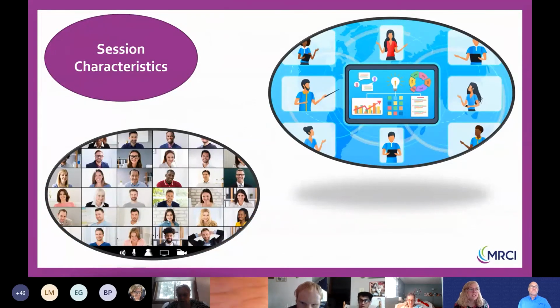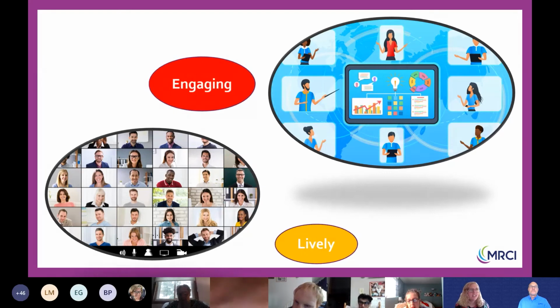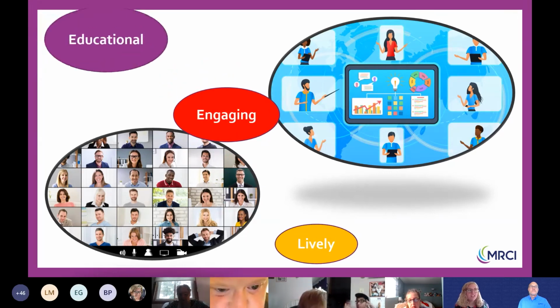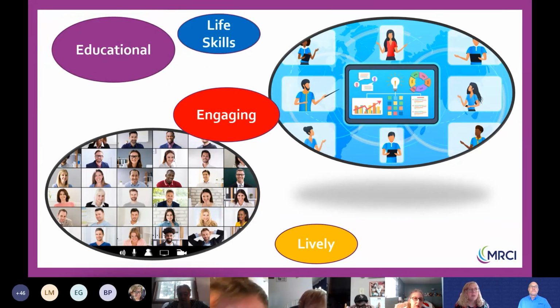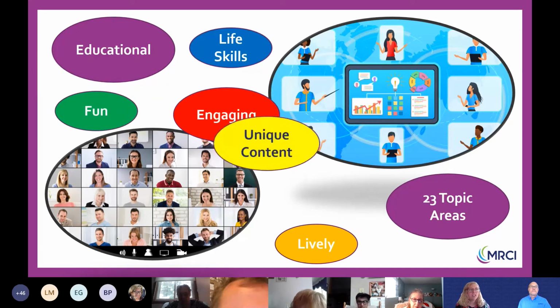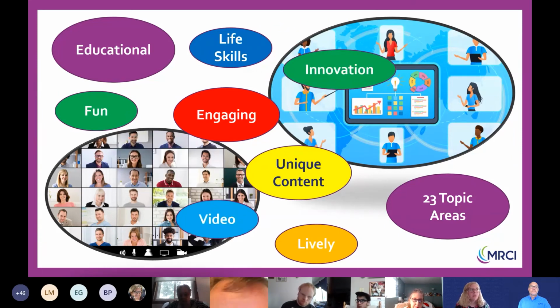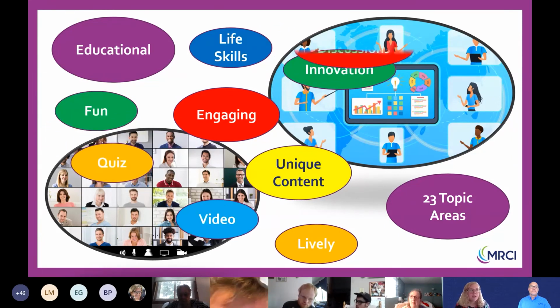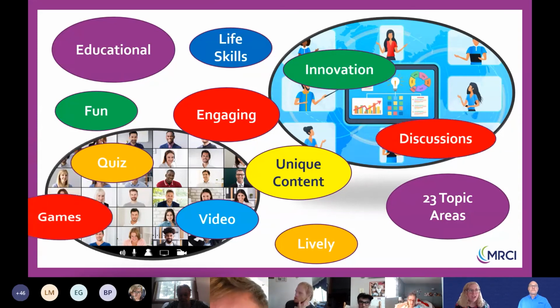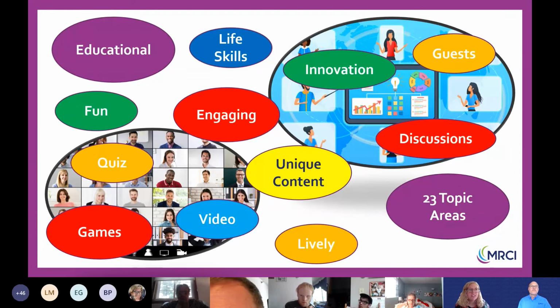So what goes into the sessions? Our goal is to provide fun, lively, engaging sessions that are educational and incorporate life skills. Many topic ideas come directly from participant suggestions as they share during sessions and through surveys we send to participants and their teams. We currently offer 23 topic areas, and each session created under a specific topic is unique. The topic areas and session schedule change from time to time as we strive to keep innovating with fun and